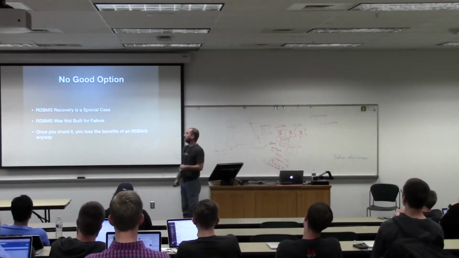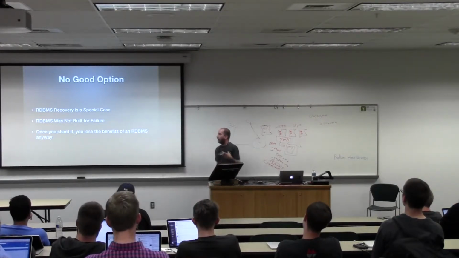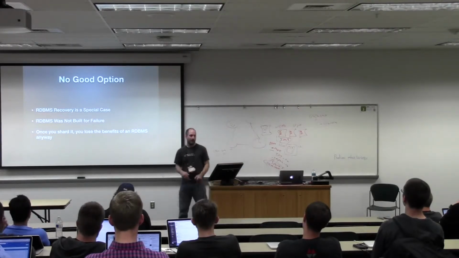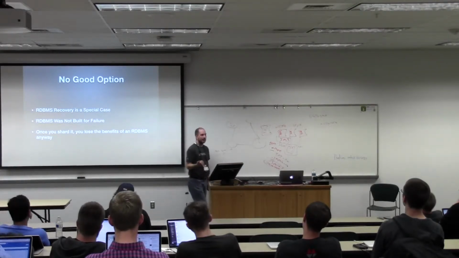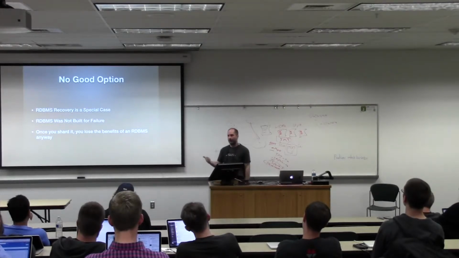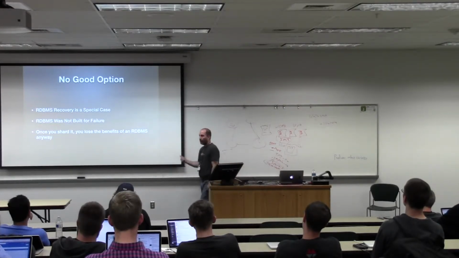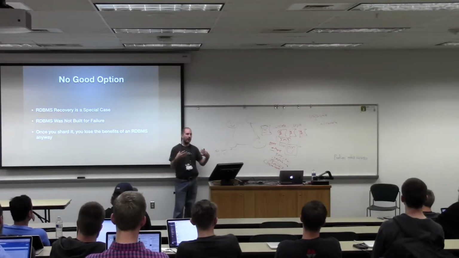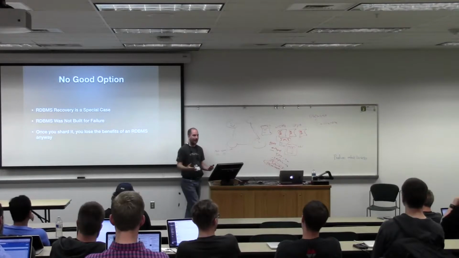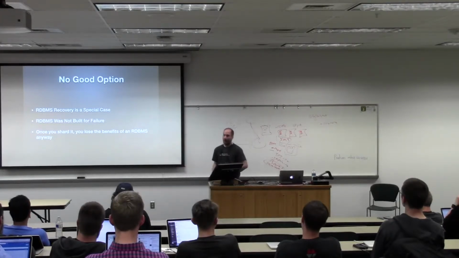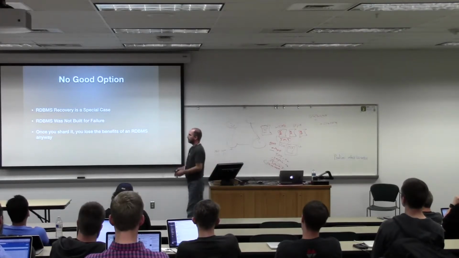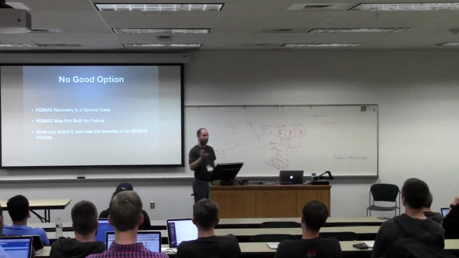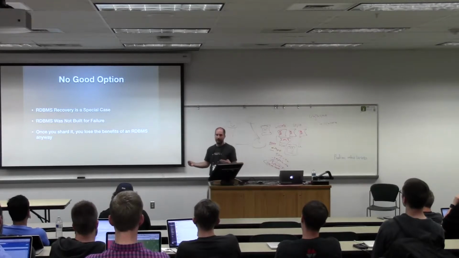So for us in the relational database world, in a lot of cases, there's not a great option for having this high availability system. In relational database systems, recovery ends up being a special case because it's a master-slave system. The relational database was really not built with failure as sort of a planned mode, right? Failure is very much a special case. And once you shard it, if you're running a relational database and you've started to shard it, you'll notice that there are certain queries that are difficult to express, right?